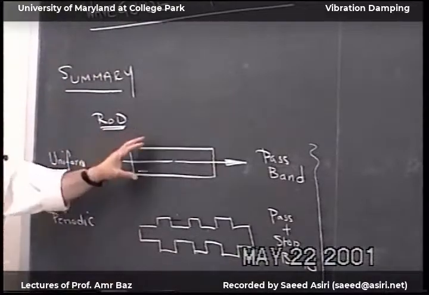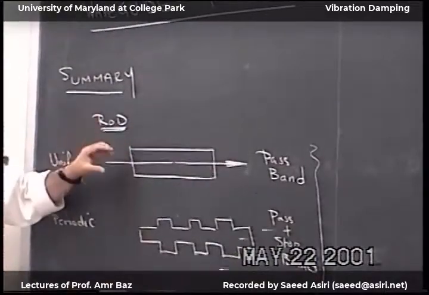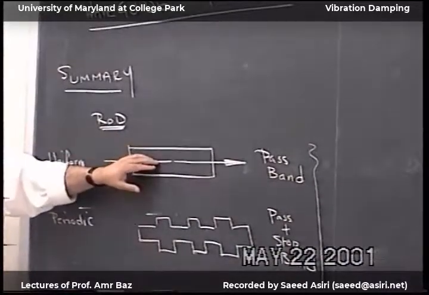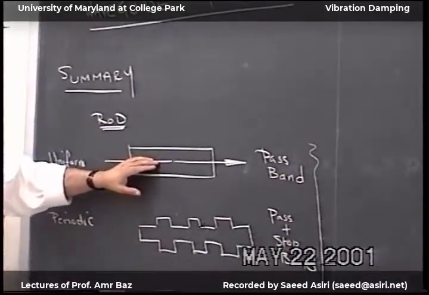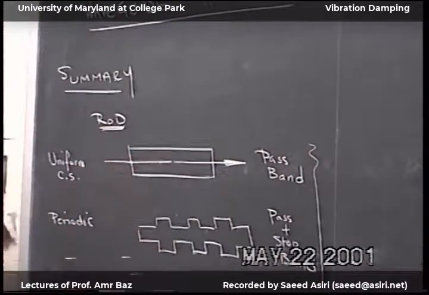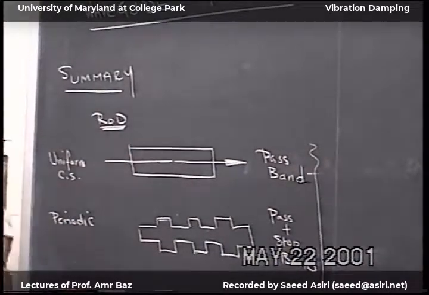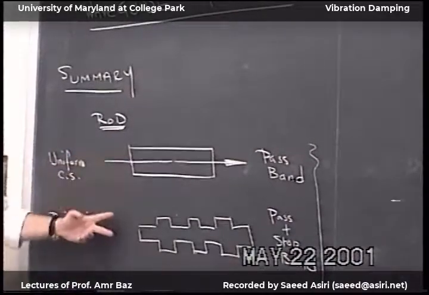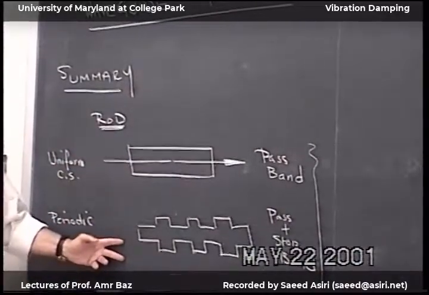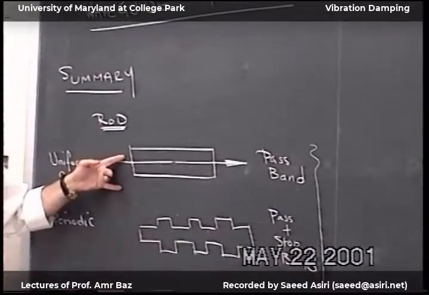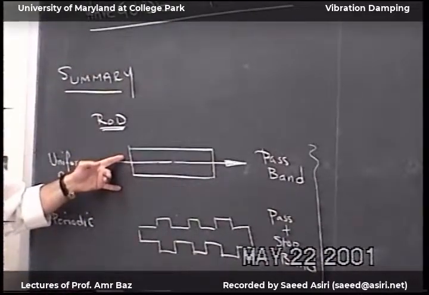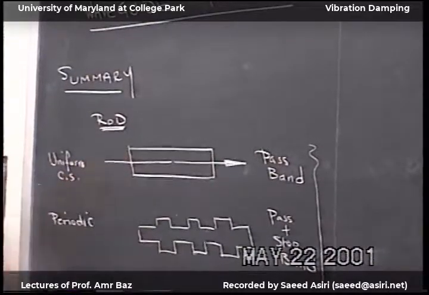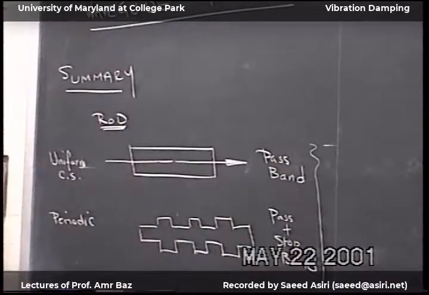Now I'm going to take one rod only. If I make this rod specially shaped, and it is not a periodic rod, I can make it either pass everything or stop everything, or a combination of both. Okay? So to begin, we'll say here,